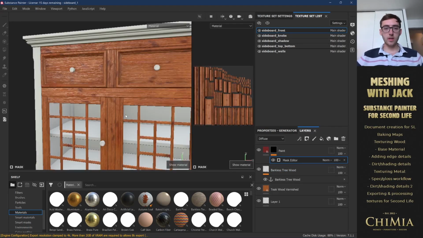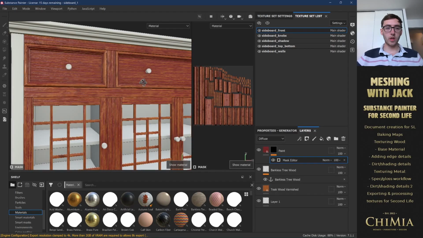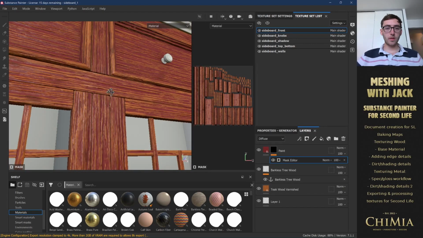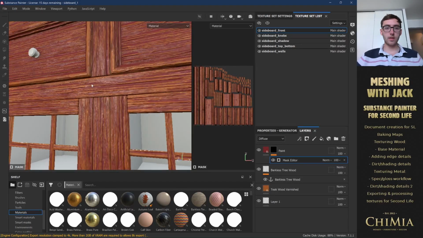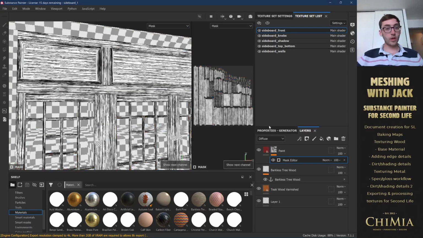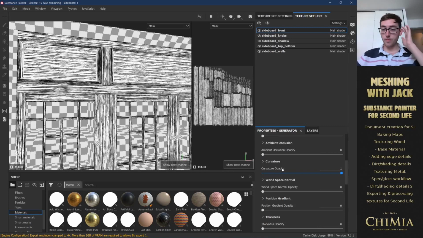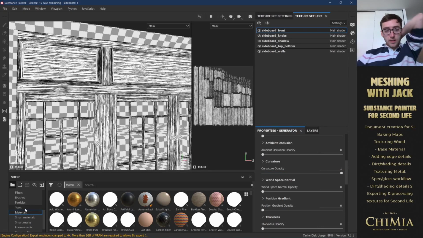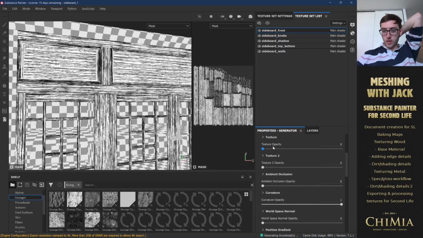Okay, so that's definitely more what we're looking for. We've got to drive it even further, but for now this is looking okay. Not looking great, but it will get there. So we're going to add some grunge texture now. So I'm going to turn this all the way up